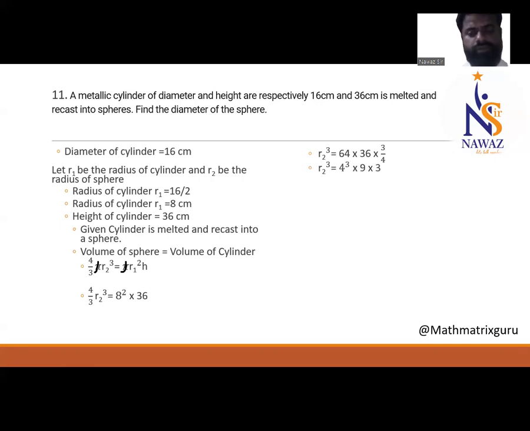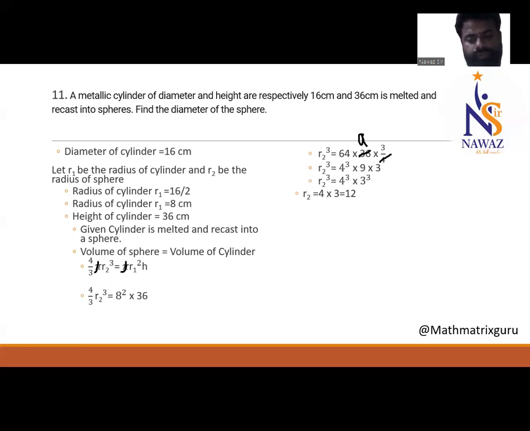So r2 cube is equal to 64. We can write it as 4 cube, 4 into 4 into 4, and 36 I'm cancelling with the 4: 4 ones are 4, 4 nines are 36. So we are left with 9 into 3, which is 27. We can write 27 as 3 power of 3. So r2 cube is equal to 4 into